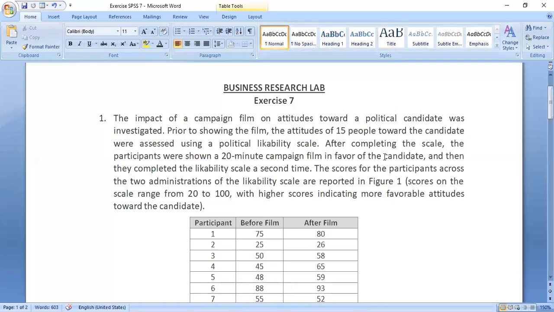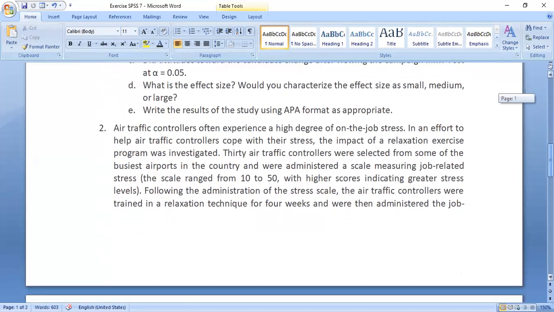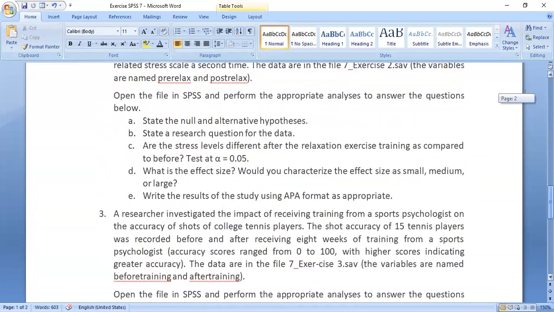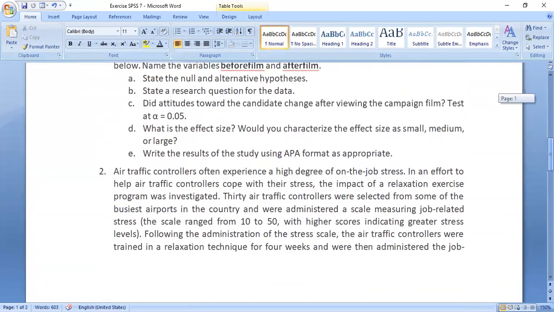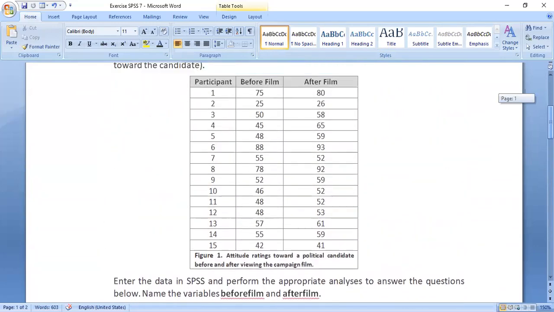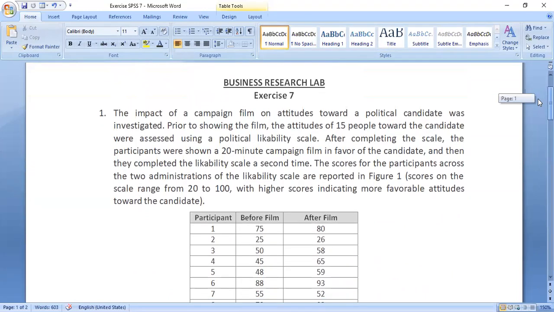Welcome back. In this exercise 7 on dependent sample t-test, or paired sample t-test, we'll be looking at question 1. Question 1 will be solved today, and we'll be doing question 2 and question 3 as part of the assignment this week. I will be giving you a solved video on question 2 and question 3 by the end of this week. So let's first discuss question number 1 of exercise 7, look at the issues and try to solve